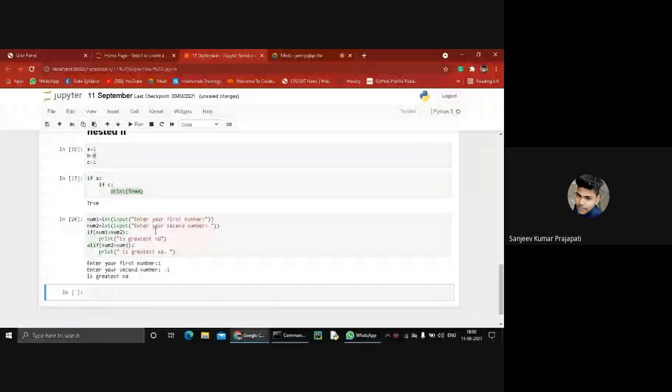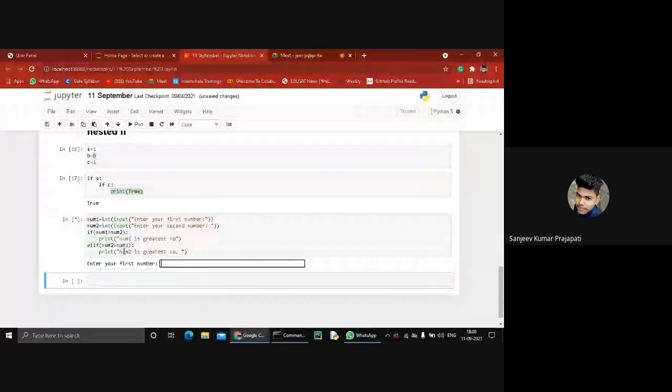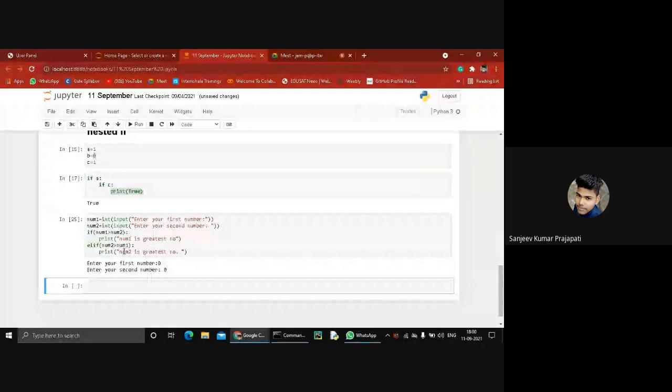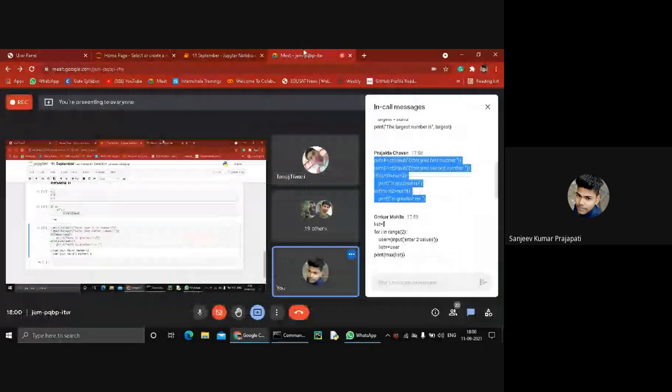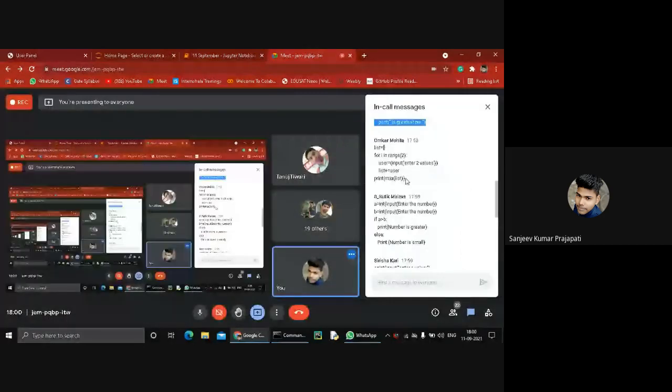is greater than null. Same issue in this case. Guys, I haven't covered this topic, for loop and range function, so don't use it.